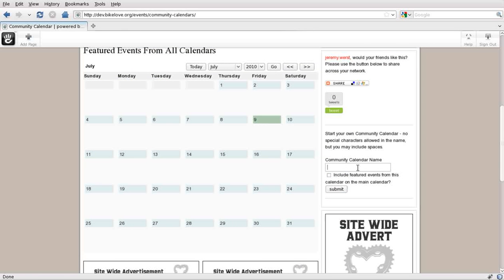So, my calendar title. Actually, let's do this one, the sober ride. My batteries must be dying. And if you click include featured events, then when you put a featured event on the calendar you're about to create, it shows up on this calendar. And I'll show you how that works. So first off,